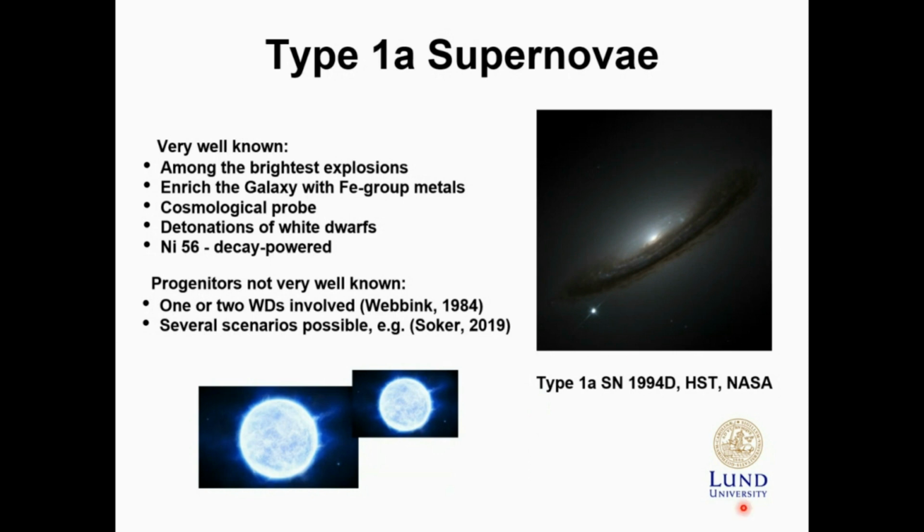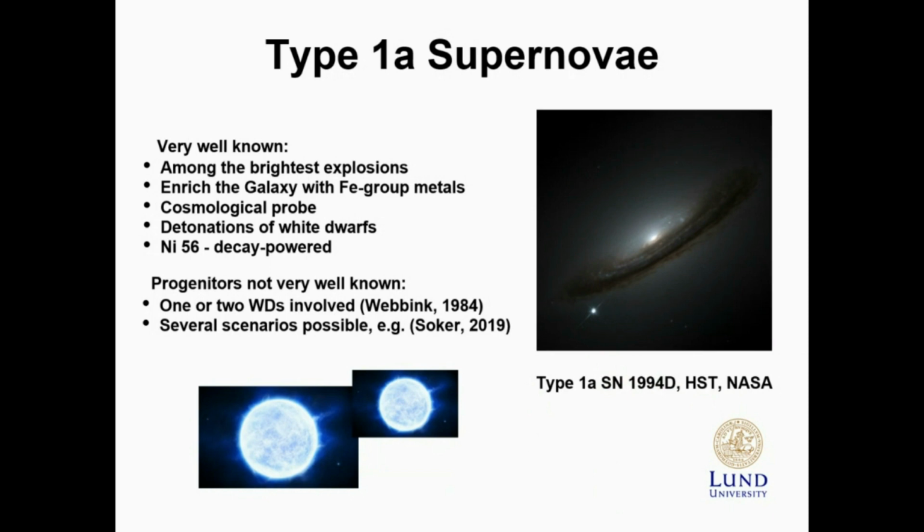So here, for example, is an image of a galaxy, and this bright spot is actually a Type 1a supernova which has exploded, and at its peak brightness it gets almost comparable to the brightest parts of the galaxy. And so, apart from that, these Type 1a supernovae are very interesting to us galaxy evolution people, mostly because